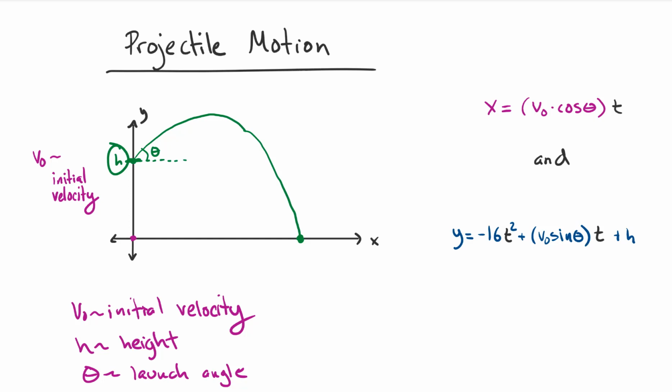And then we're going to have our y is equal to negative 16t squared plus V naught sine theta times t plus the initial height. And what that's saying, unfortunately, is we're in the British imperial system. But I'm getting ahead of myself. Possibly this could look like this. Maybe I'll put in a number for V naught times sine of theta, maybe 32 times t. And maybe the height this time was, you started at 64 feet up in the air.